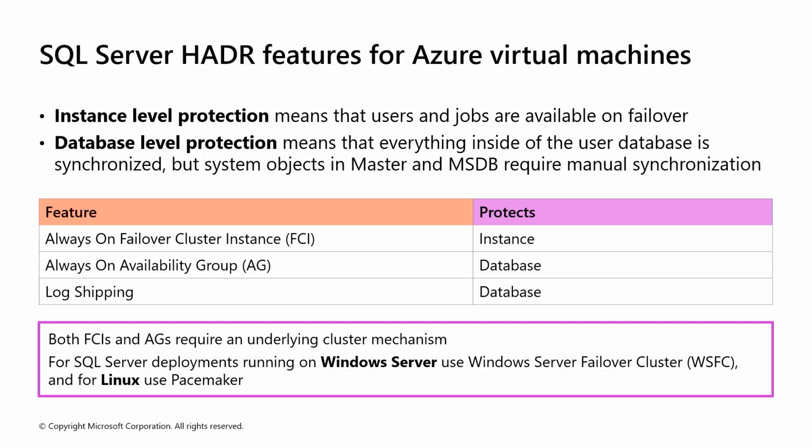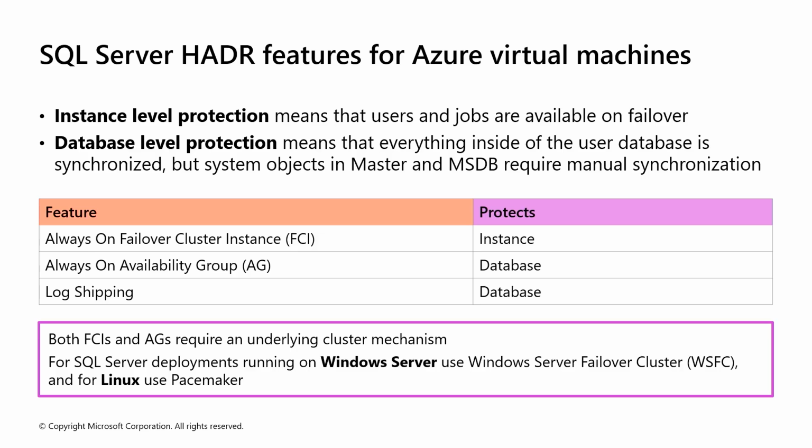And what you'll notice here is the FCI provides instance-level protection, meaning the entire SQL Server installation, including logins, jobs, and databases, is covered during failover. FCI relies on a shared storage model and requires an underlying cluster mechanism like Windows Server Failover Cluster, or WSFC, for Windows, or Pacemaker for